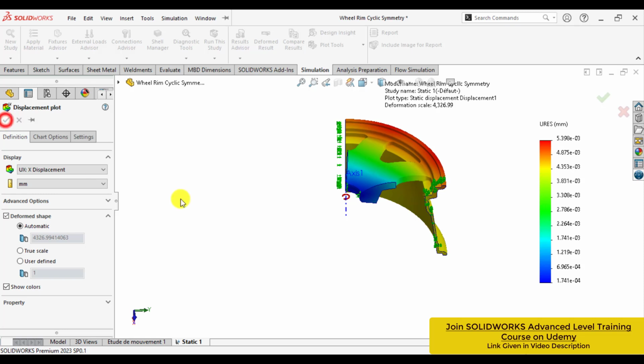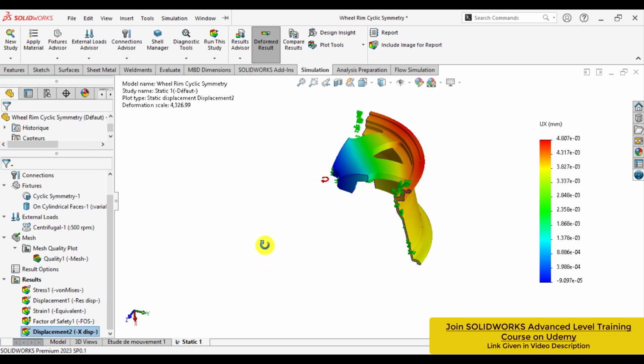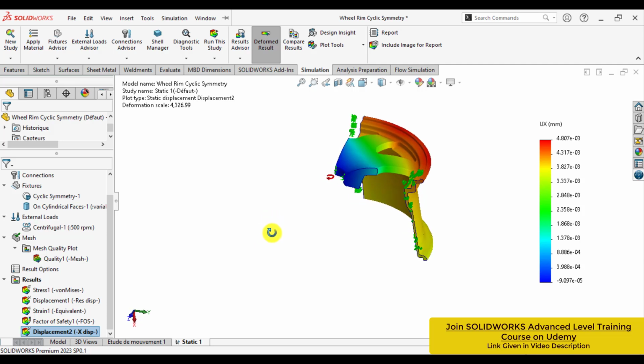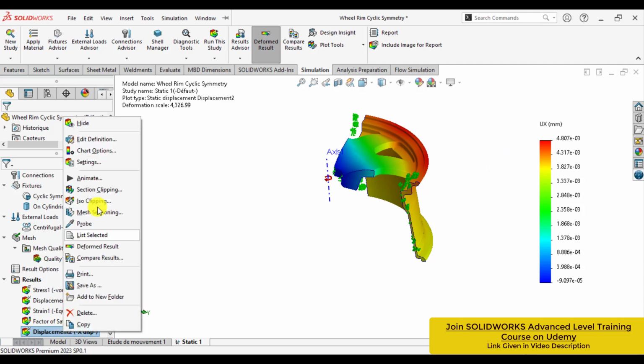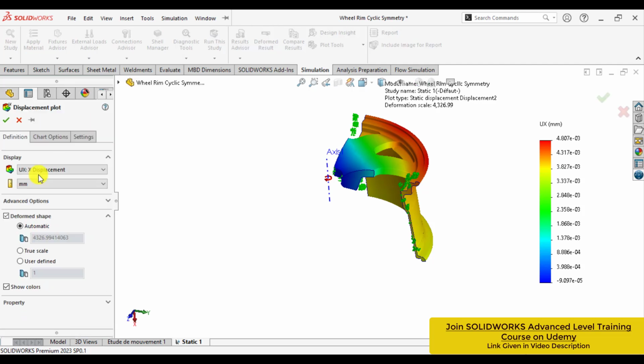Next directions. In x-z direction, that is very small. That is about 0.004. And if you check the deformation in the y direction,